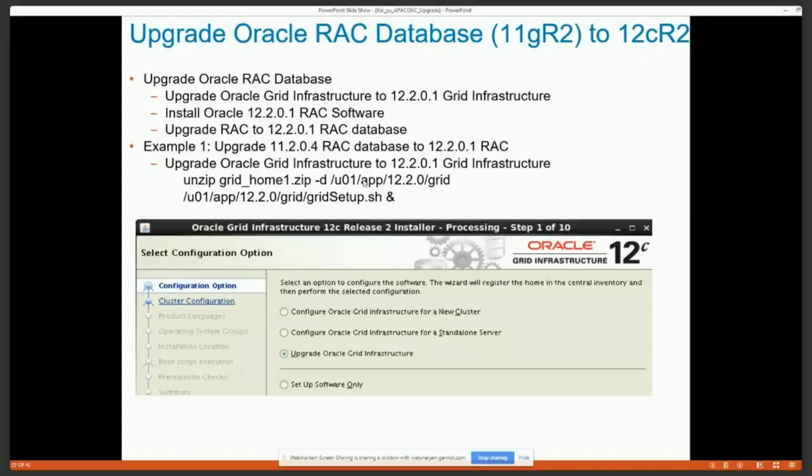So let's take this example. If your current database is 11gR2, we want to upgrade to 12cR2. Remember, if your database is not in this direct path, you have to do the two-step upgrade. Now we only talk about direct upgrade. So in this case, we want to upgrade the grid infrastructure